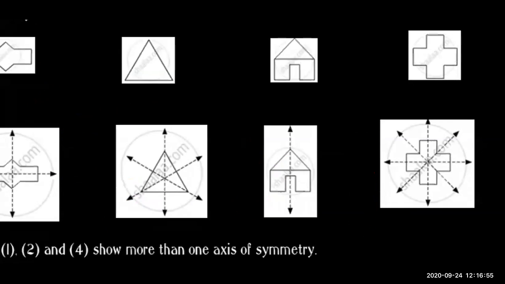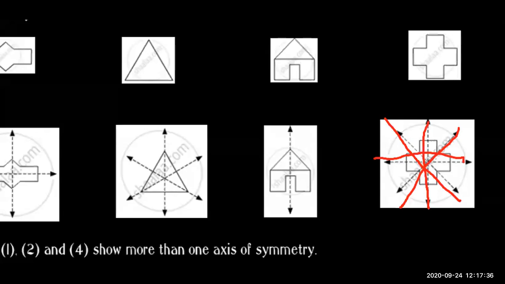Now the last figure is the figure which shows the emblem of doctors also. So in this figure, how many axes are drawn? See, first it is drawn straight, in equal parts, then in a slanting line, then it is shown crosswise. So how many axes are there? 1, 2, 3, 4 axes. So it is also showing us more than one axis. So our question was, which of them has more than one axis of symmetry?